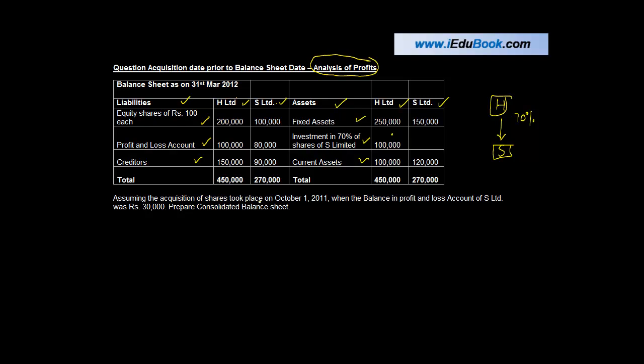Assuming the acquisition of shares took place on October 1, 2011, the profit and loss account balance on October 1, 2011 was rupees 30,000. Prepare the consolidated balance sheet. Now this is actually pretty simple. If I were to just show you what is happening,